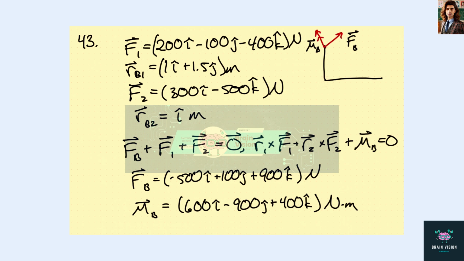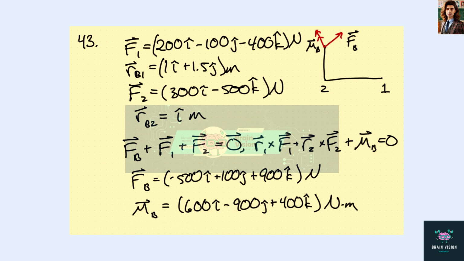components in all directions here, and then another applied load here. So the load here is 200 newtons in the x, minus 100 newtons in the y, and minus 400 newtons in the z direction. The vector from B to 1, so this is point 1 here, and this is point 2, is 1 meter in the x direction and 1.5 meters in the y direction. The force at the elbow here is 300 newtons in the x direction and minus 500 newtons in the